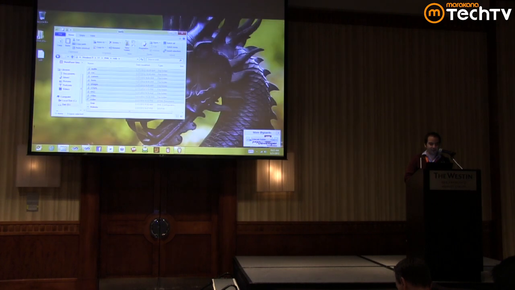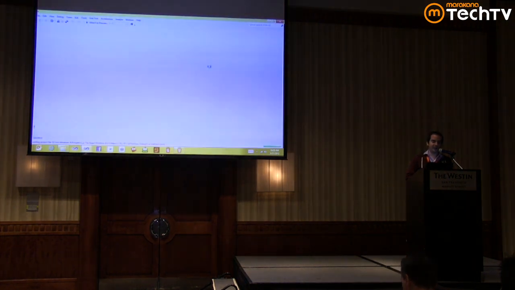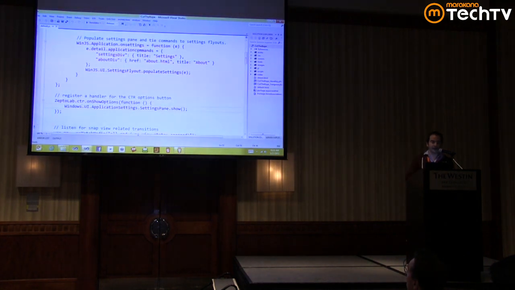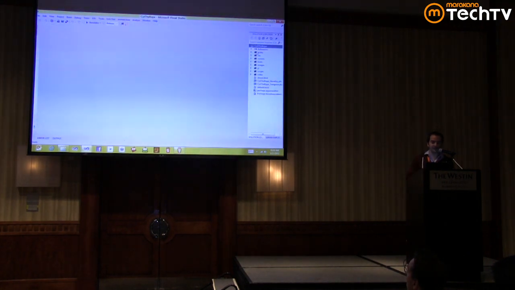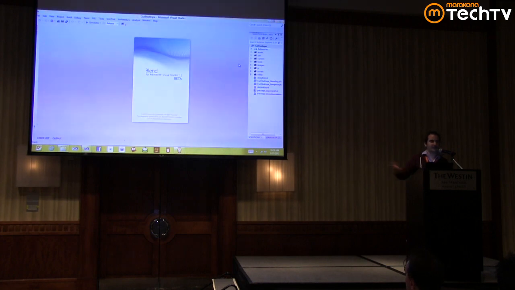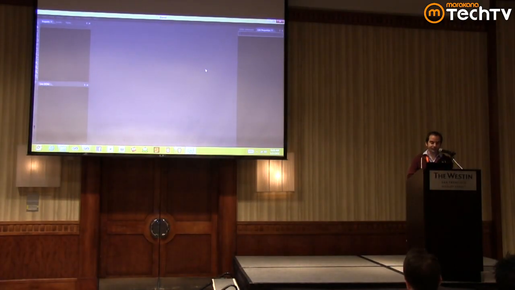And the other thing I wanted to show you is another tool that you might actually like, I think. So I'm opening now the full project. This is the final HTML Metro application. And I'm going to open it with a different tool called Expression Blend. And by the way, all of these tools are free. They work on Windows, obviously, but they're free.